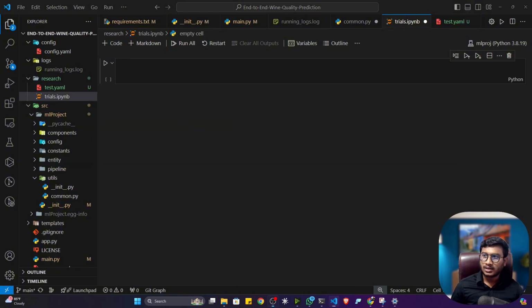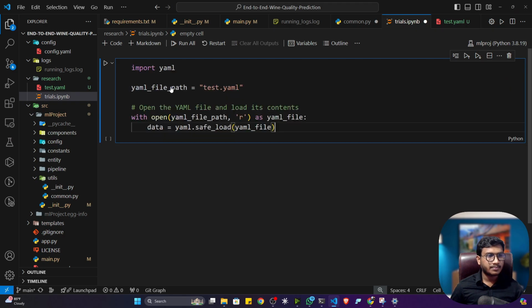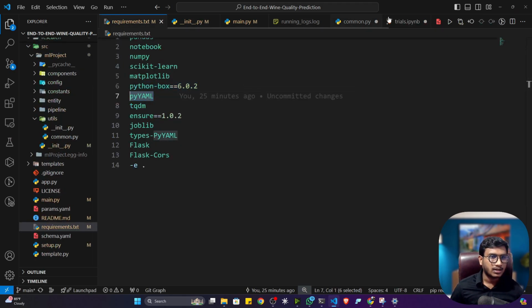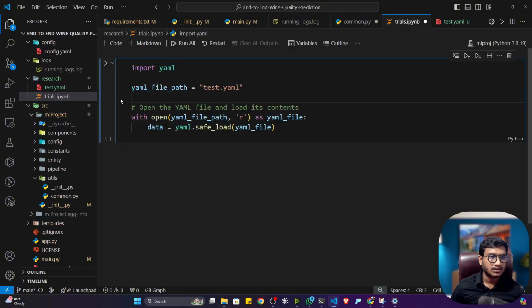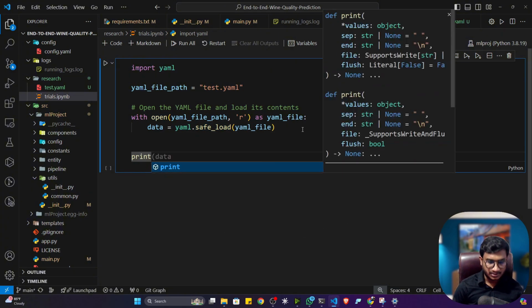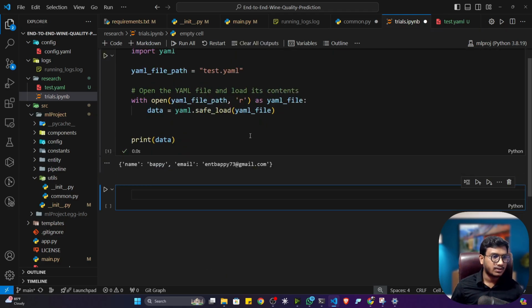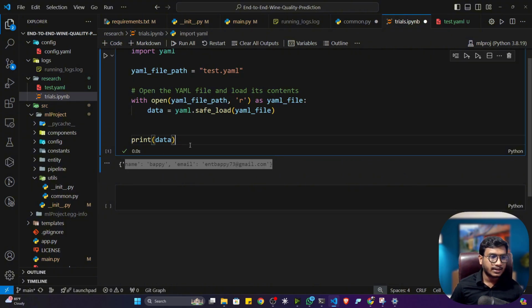For this, you can use this code snippet. There is a package called YAML inside Python. We already installed YAML, I think you remember. So with the help of YAML, you can load this YAML file. This is the location of the YAML file, test.yaml, you can see. I'm opening this YAML file, then loading it with the help of the safe load function inside YAML. Now, if I show you the data, whatever content it is returning, see if I execute, whatever content I have inside the YAML file, it is returning. And if you see the type